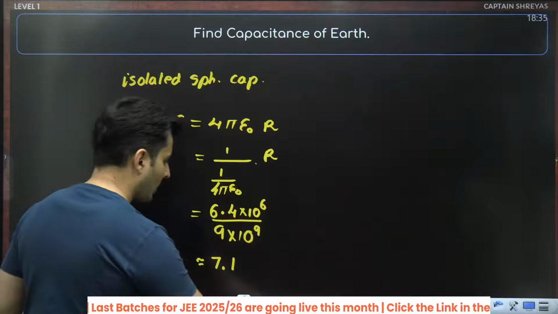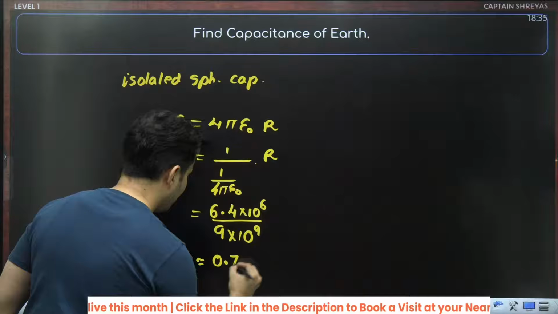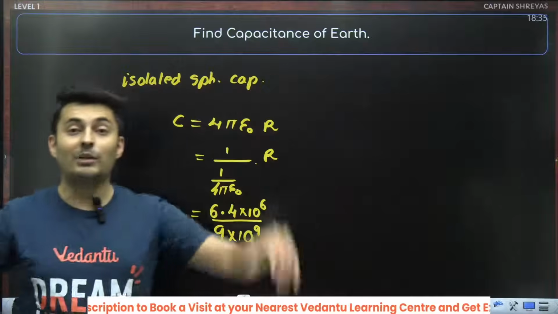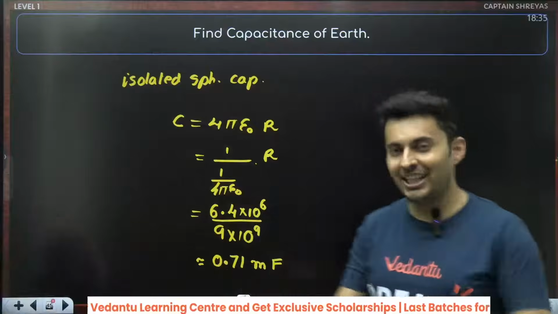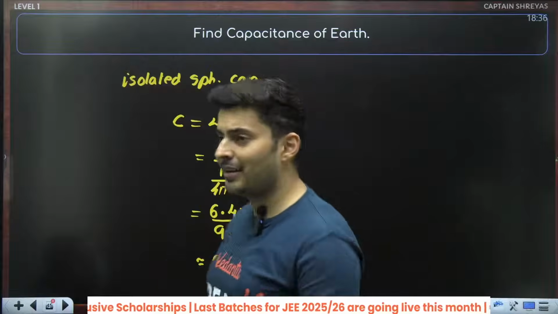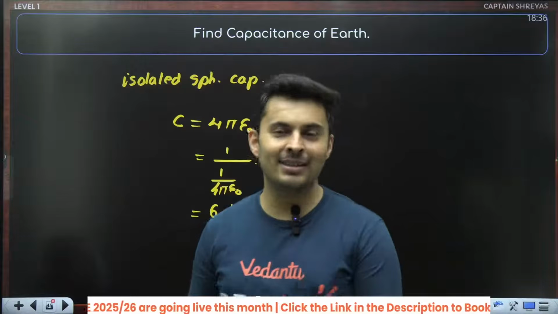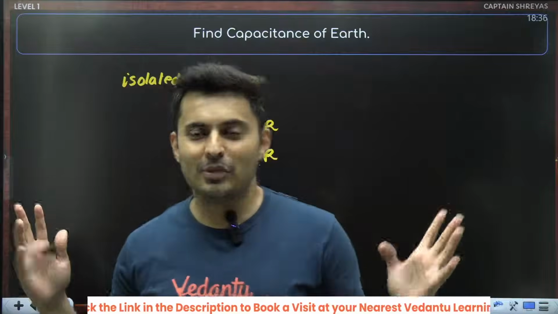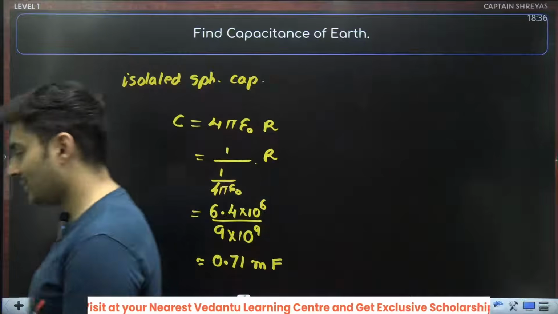So it's like probably saying 0.71 millifarad. And that too for Earth, you took such a big planet and then you measured its capacitance and still it came out to be 0.71 millifarad. That's why I said farad is a huge unit. So don't expect you getting farads of capacitance. Very difficult to achieve, but it can be achieved. It's not impossible. And typically the capacitors you get in your day-to-day life are in pico or even in nanofarads. Exactly.